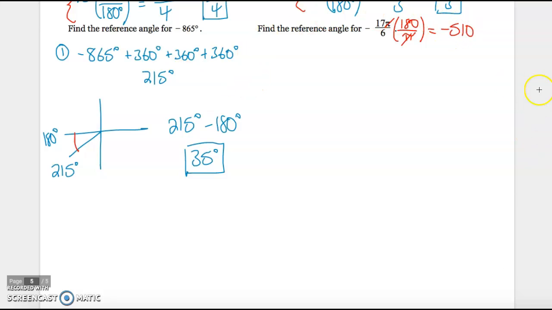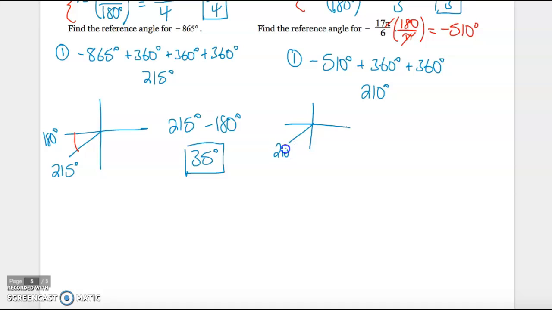Now negative 510 is too small, so I'm going to add 360 to it a couple of times. I think I need to do it just twice. Negative 510 plus 360 twice, and I get 210 degrees. 210 degrees is over here in quadrant 3. The difference between 210 degrees and 180 degrees is just